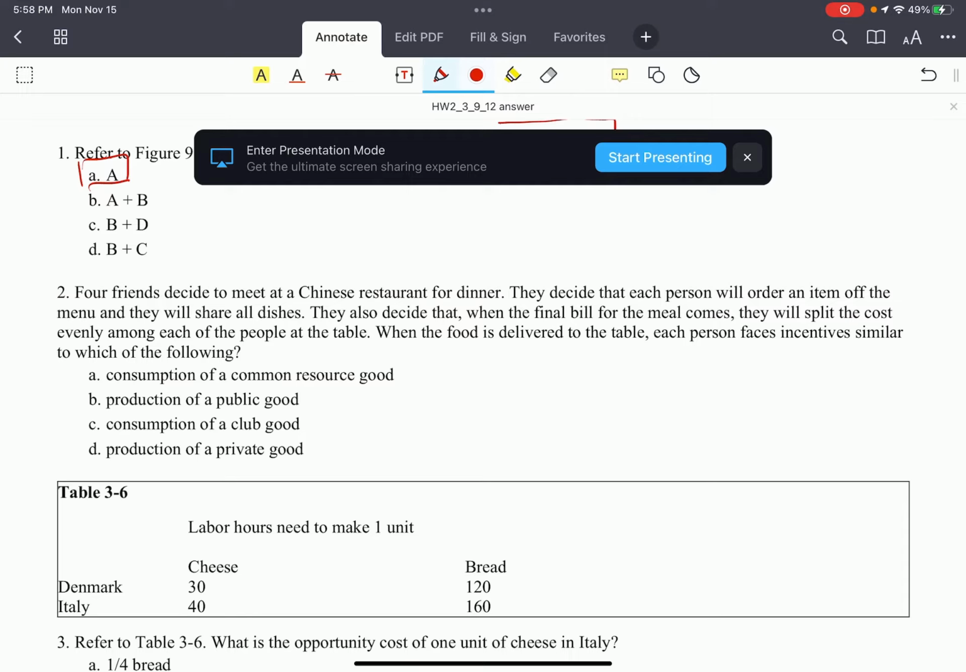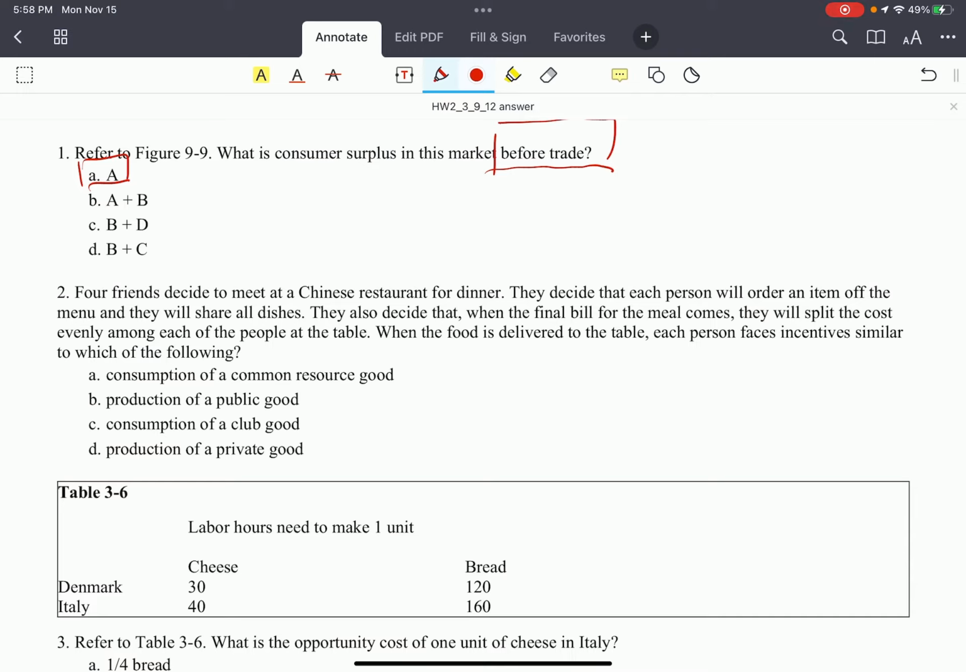Second, 4 people decide to meet at a restaurant for dinner, and then they decide to order, and then they decide to share all dishes. And then when they pay the bill, they will split the cost evenly among each of the people at the table. And the question is, when the food is delivered to the table, each person faces incentives similar to which of the following? So when we talk about different kinds of goods, the categorization really depends on 2 factors, right? The first is whether there is rivalry, and the second is whether there is